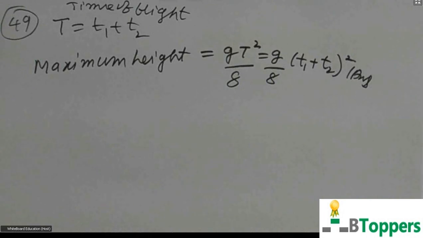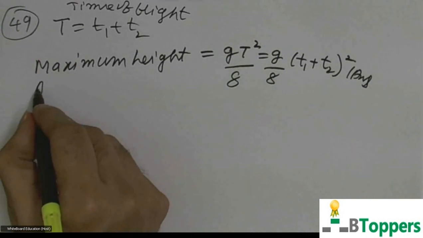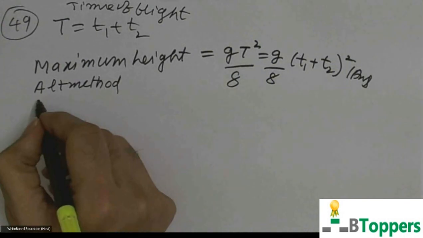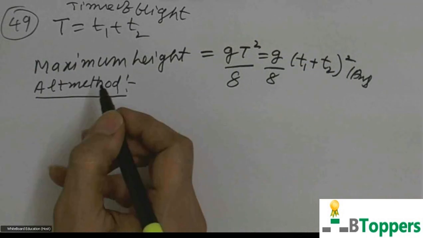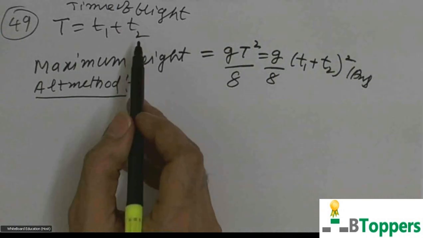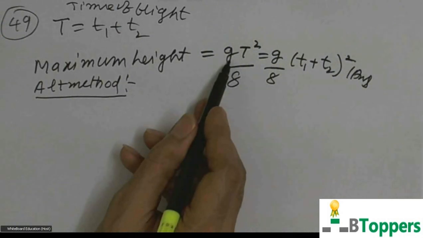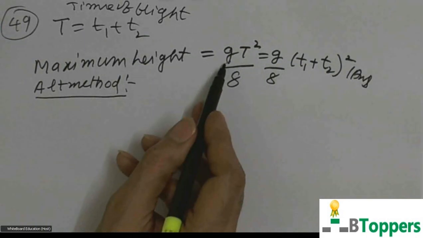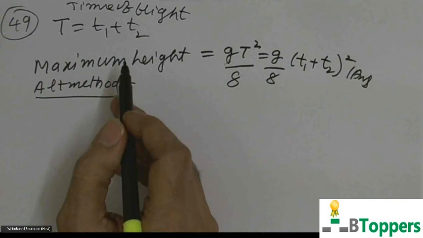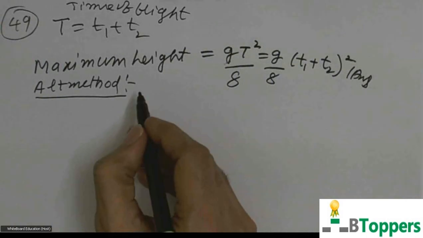So if you want to copy the solution, you can take pause and copy the solution. But I'd like to discuss the alternate method also. Actually, you need not follow the alternate method for objective type of questions, but in case by chance you are given a similar problem in board examination, you cannot use this conclusion directly because this result is not given in the regular textbooks. You have to solve the problem by using the results given in the textbook.